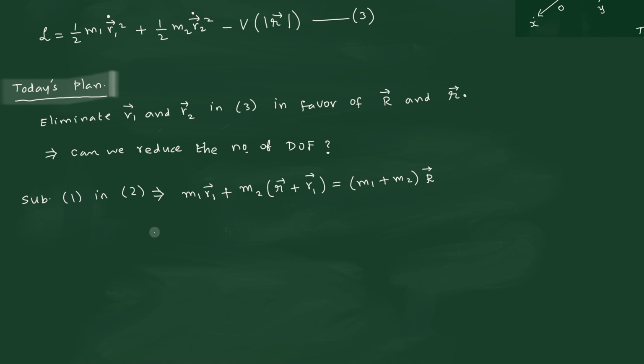Okay, so let us therefore write down. So that will be equal to. So let us simplify this. So we have an M1 here, then plus M2, we have an R1 common for both of them. And then we have plus M2 script R given by the right hand side,